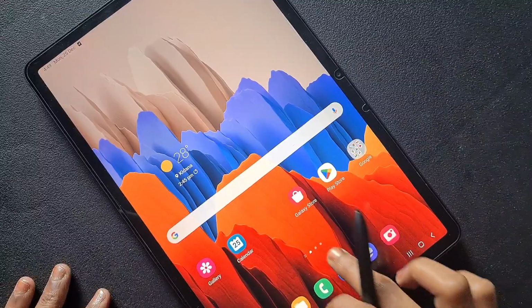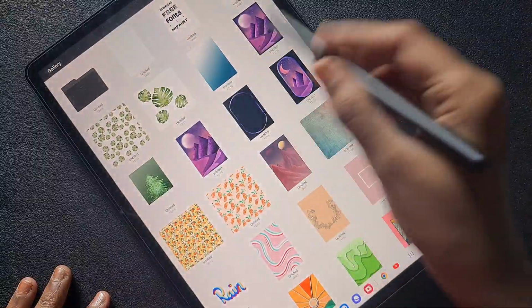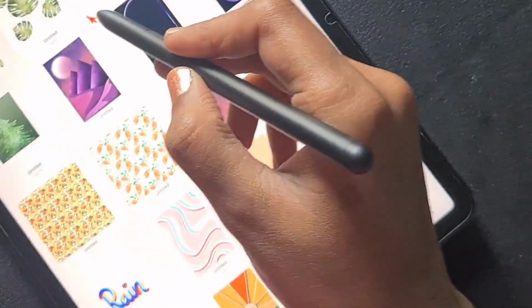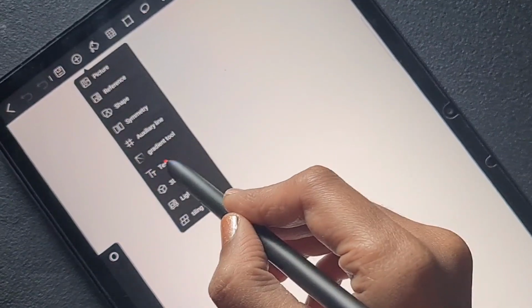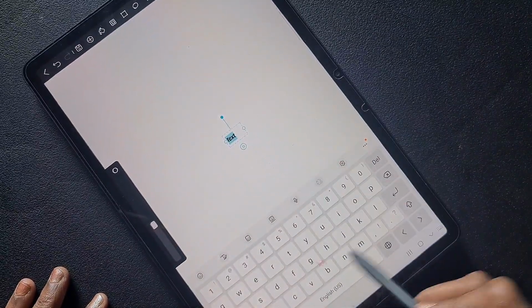Hello everyone, in this video I'm going to show you how to use the text tool that is newly added in the app HiPaint. So here I'm opening a screen size canvas in my HiPaint app and here is the text tool. If you are using this tool for the first time, it will ask you to purchase the tool